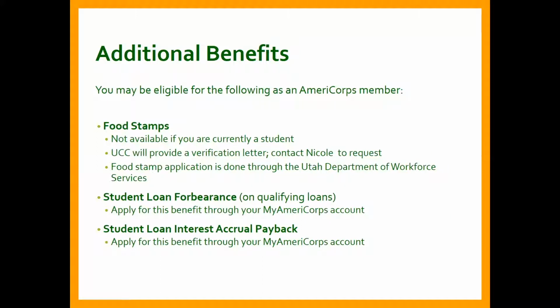The food stamp application is done through the Utah Department of Workforce Services website. If you have any questions about this, send me an email or give me a call and we can talk a little bit more about it. But again, this is something that a lot of our members choose to enroll in because you are making a very minimal amount of money as an AmeriCorps member, and you're providing a really great, invaluable public service to the state of Utah and the country as a whole. So this is definitely a benefit that a lot of folks choose to take up while they're in their term